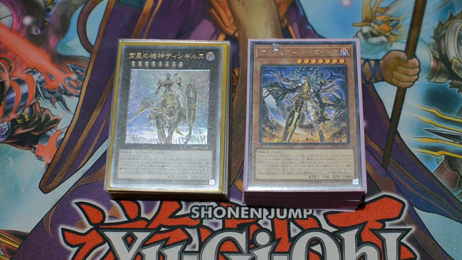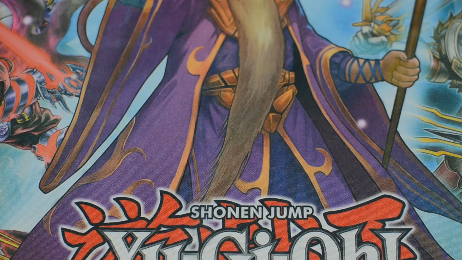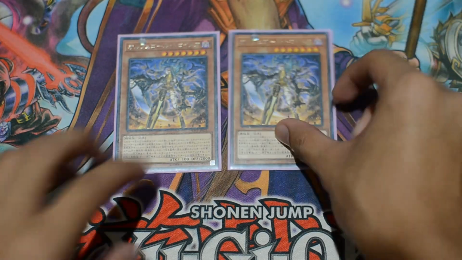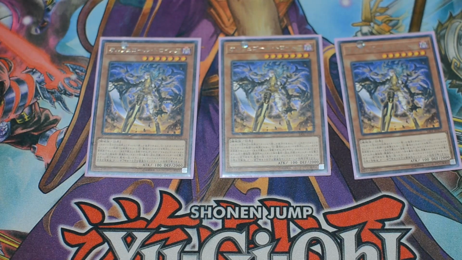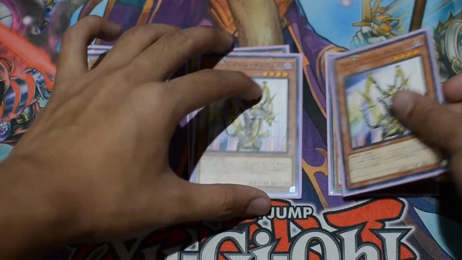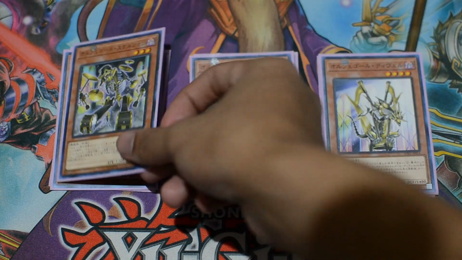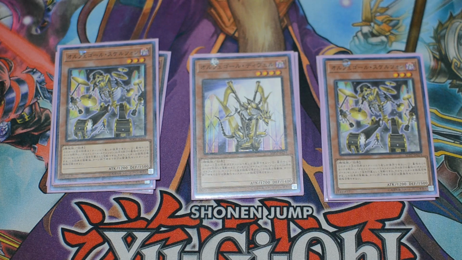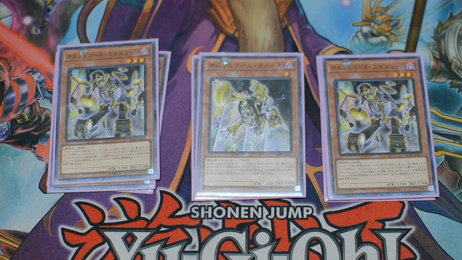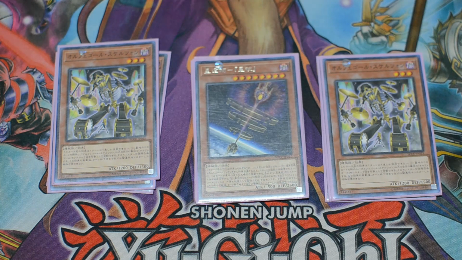Welcome back to another one of my deck profiles, and today I'm going to show you my Orcust Deck Profile. So for the monsters, I run 3 Orcustrated Nightmare, 3 Orcust Harp Horror, 2 Orcust Symbol Skeleton, 1 Orcust Brass Bombard, 1 World Legacy World Wand, and 3